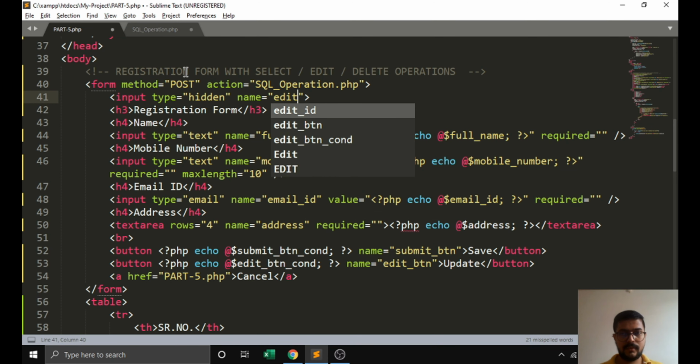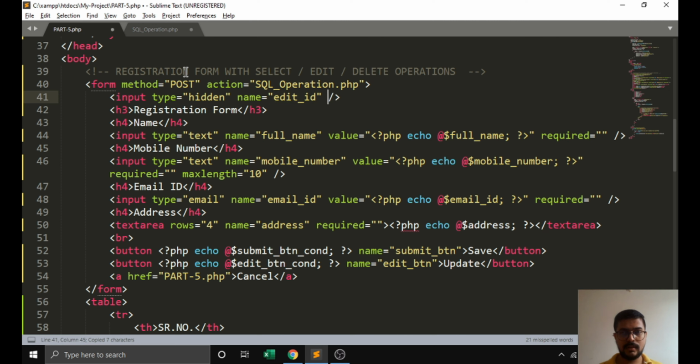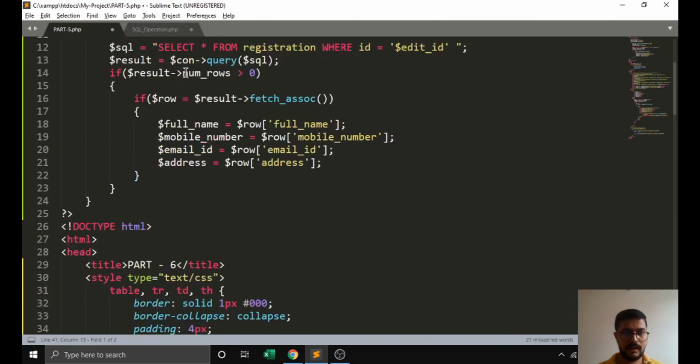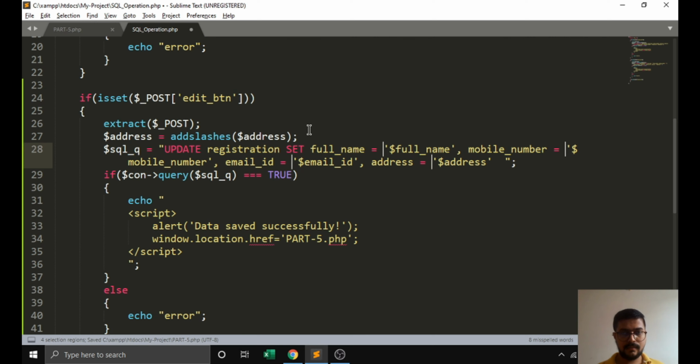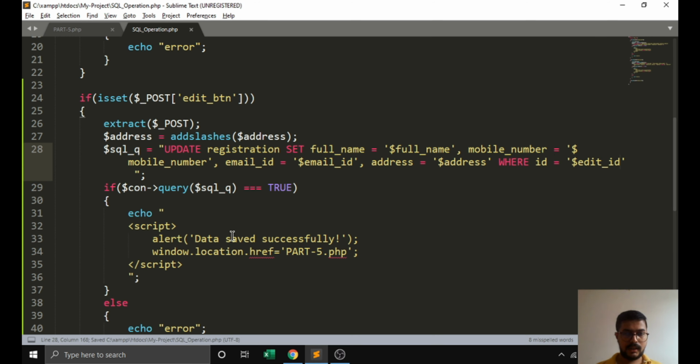For that we are creating edit ID. Here we are passing the value we have taken in this edit ID variable, so that we can print this, and we are passing this value over here. In the where statement we have to write like this, and our message is data updated successfully.